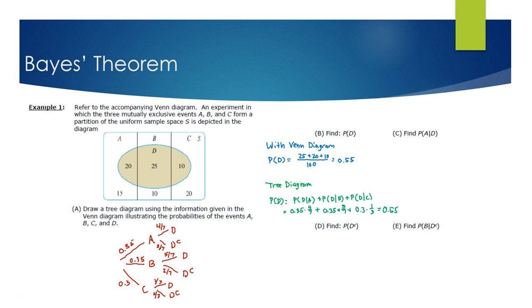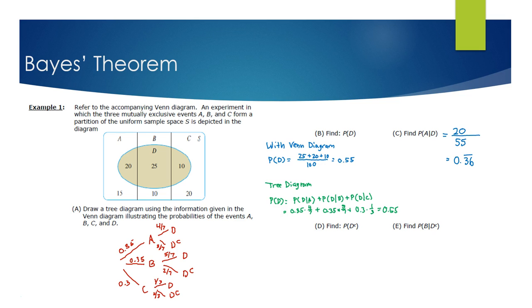The probability of A given that D has occurred. Well, again, I have 55 in Group D. I have 20 of them that are in Group A. So if I know that they have to be in Group D, I'm only looking at that 55, so 20 out of the 55 would be in Group A, and so I would get 0.36 repeating. Find the probability of the